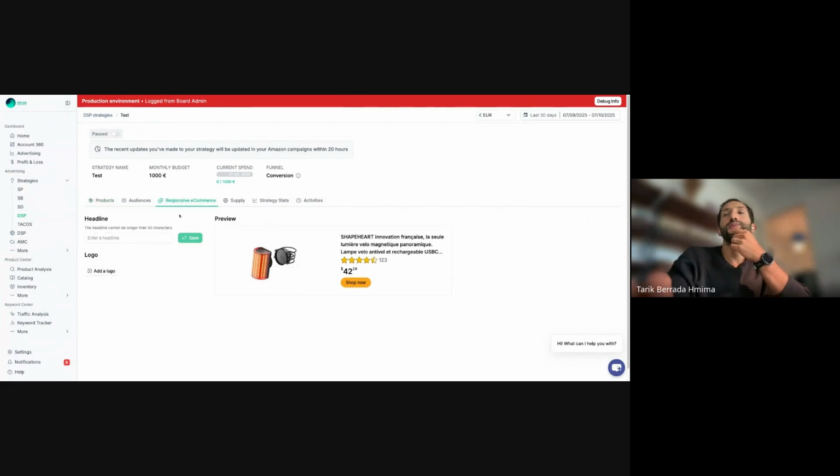Here you will have the option to choose from other display creatives that are even for offsite, off Amazon, with off Amazon redirect. So here instead of a rec tab, it will be creative tab. And if you have your own custom display creative, you can choose them to be used in your strategy.